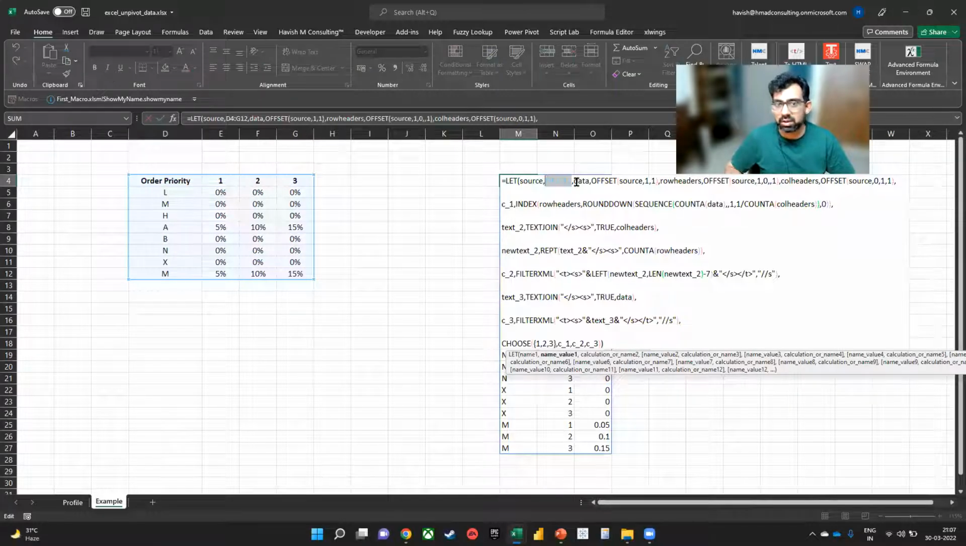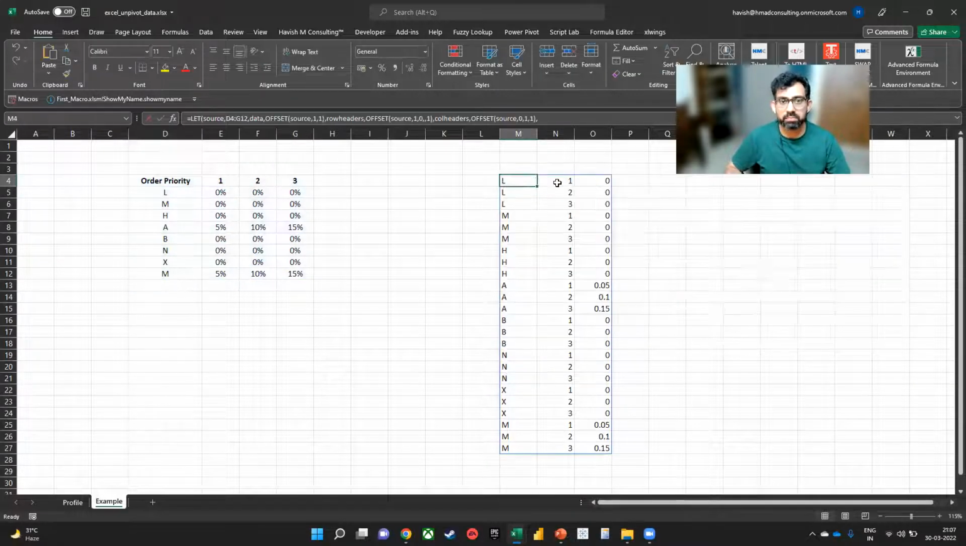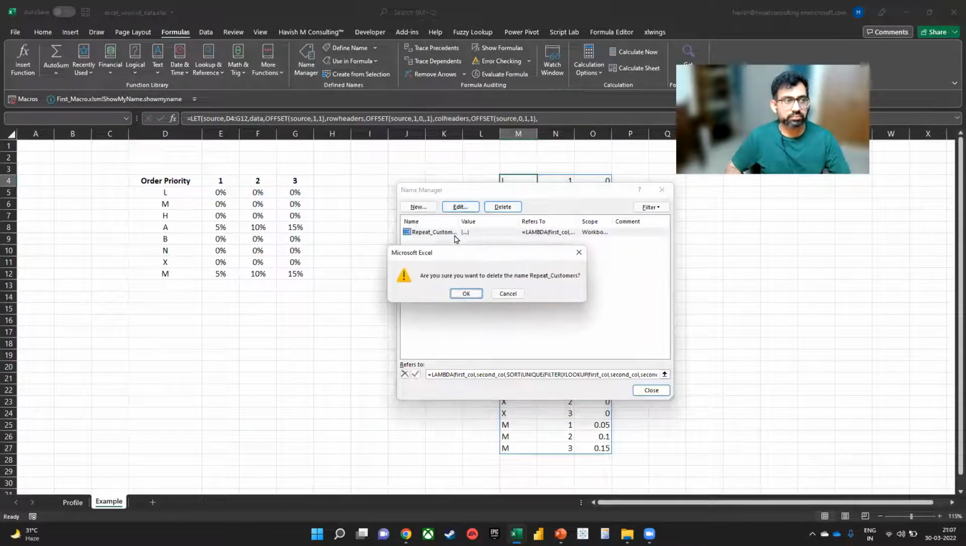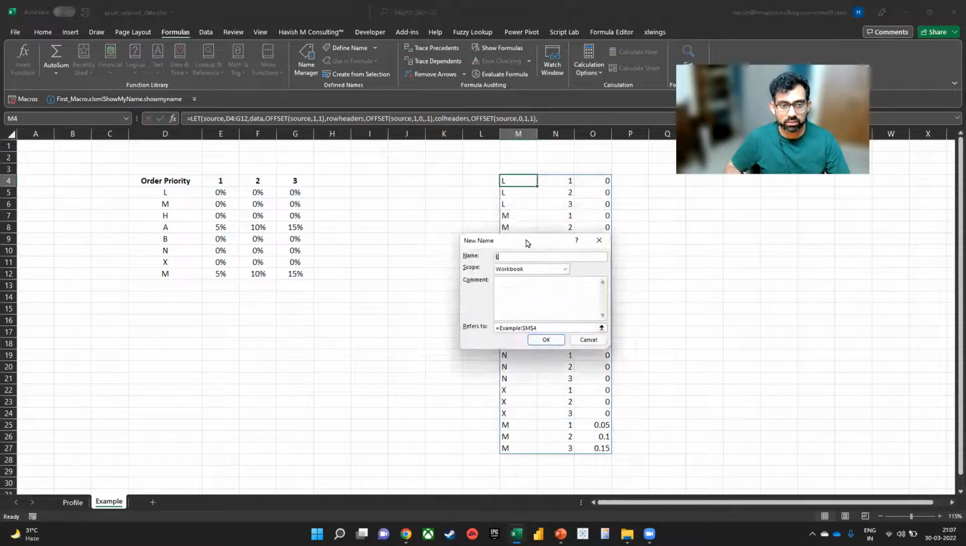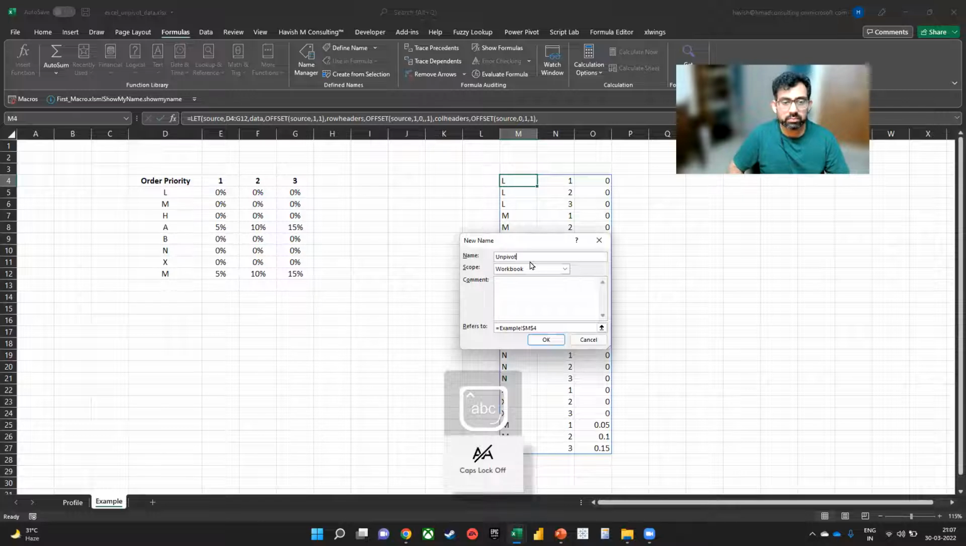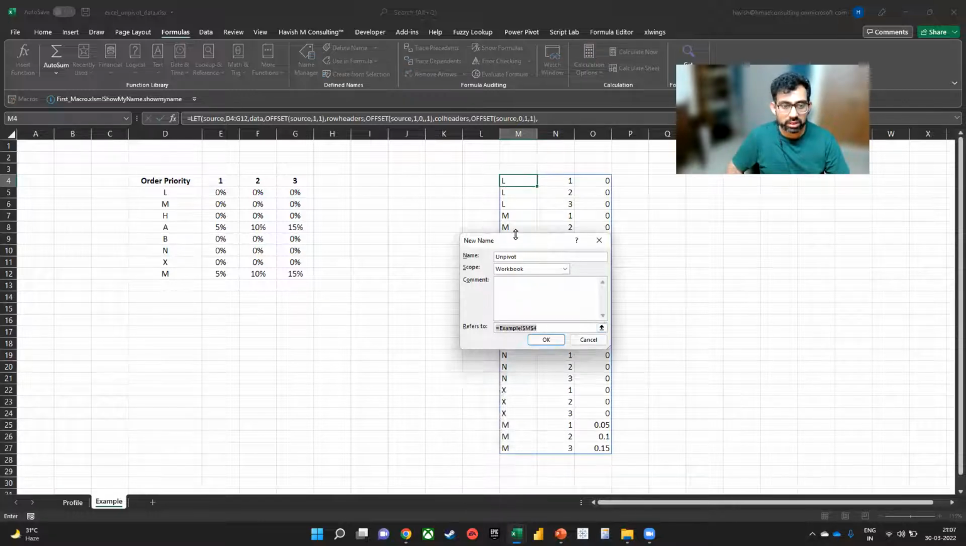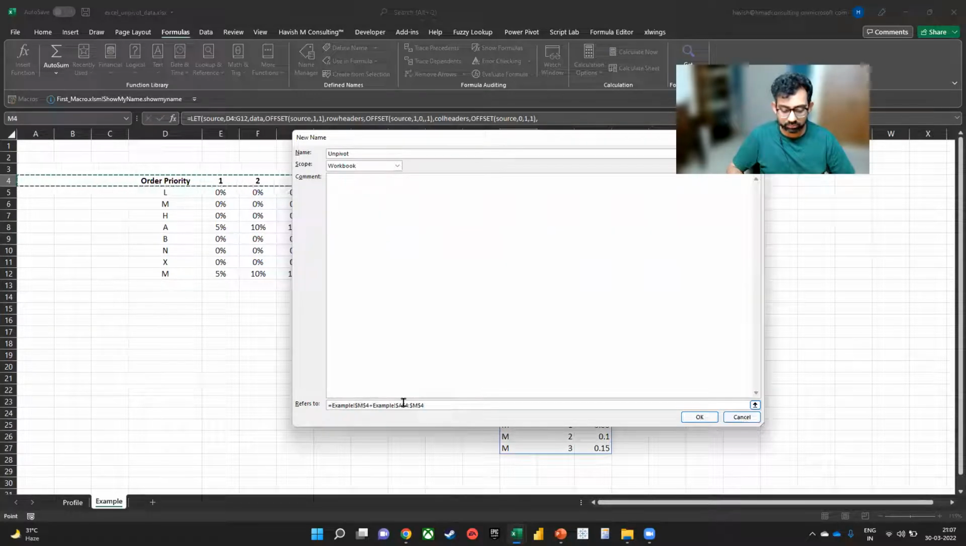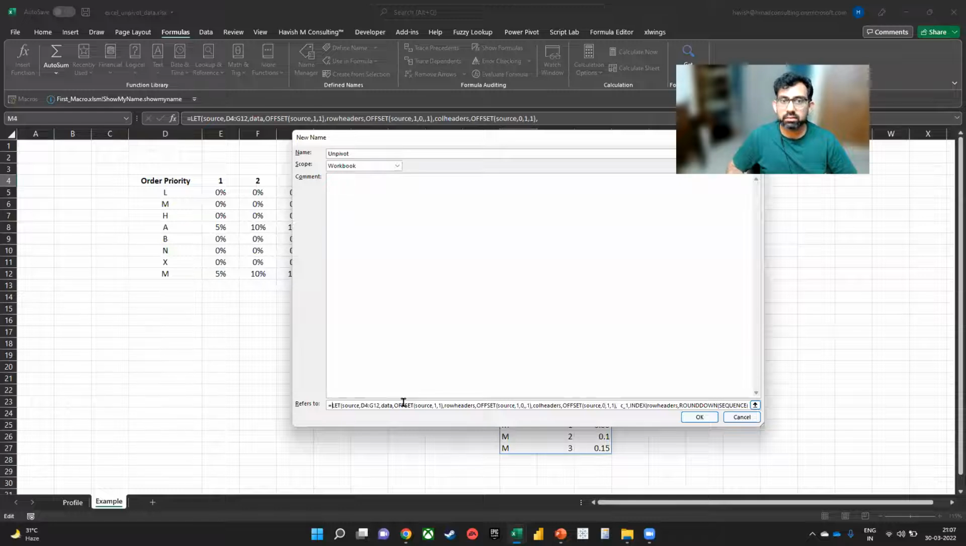Let me also make a lambda from this. So I'll just copy, and then we go to formulas and name manager, new, let's call this unpivot. And all I will do here is to paste the formula that we have with a very small change, which is that we will say